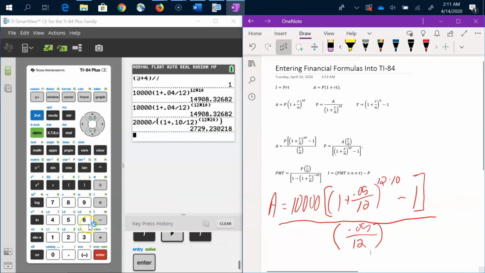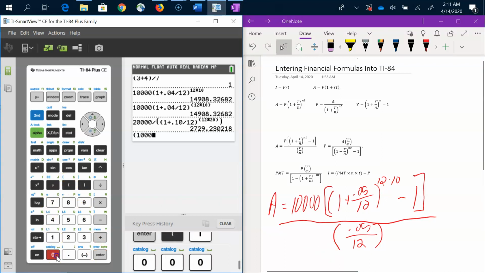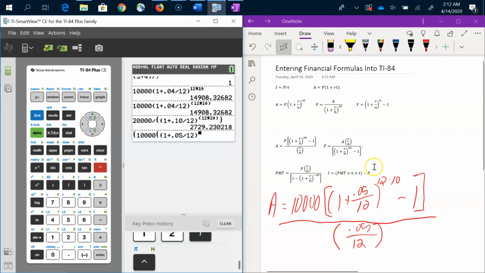So for the numerator I'll start off with parentheses, and then 10,000, and then I've got a bracket, just another parentheses, so I'm literally just copying these parentheses here. 1 plus 0.05 divided by 12, close parentheses, to the power of, and I want 12 times 10. You know what, I know that 12 times 10 is 120, so where I can I'm just going to keep it simple. Okay, then move to the right and subtract 1,